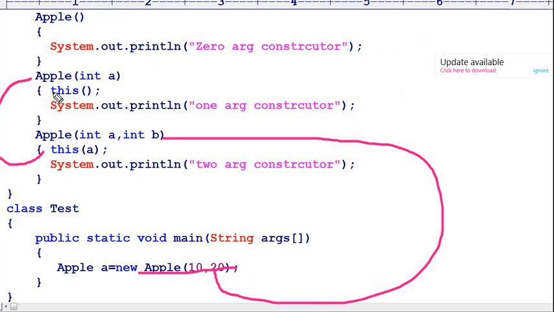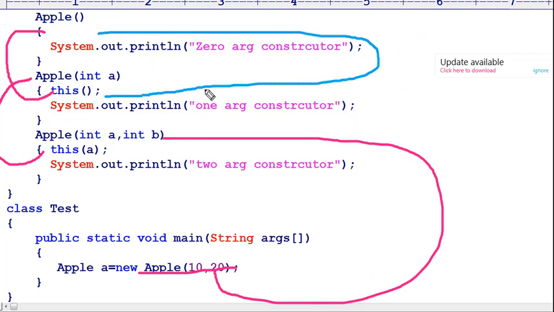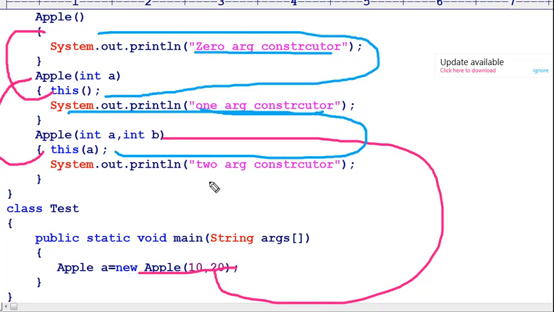In the one argument constructor code, I am calling the zero argument constructor. Whenever it comes back from zero argument to the one argument, first it will execute the zero argument constructor followed by the one argument constructor, and with nothing more to execute, it comes back to the two argument constructor, and the two argument constructor code will be executed.